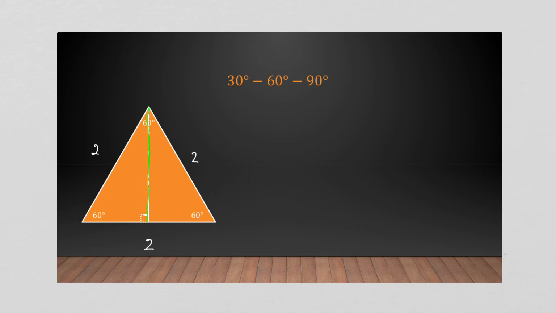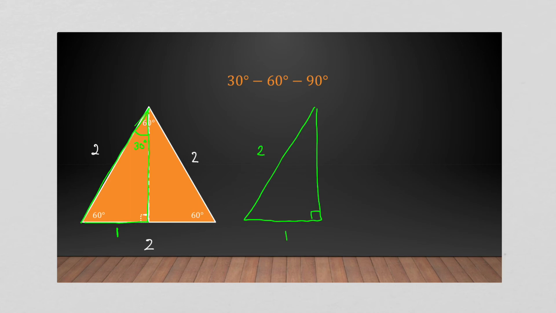Try and make this as clear as we can. So in green here, we have a 90-degree triangle. Now, if we partition it, this angle now becomes 30 degrees. So we have what's called a 30, 60, 90 triangle. Now, if the whole white section was 2, this is now 1. So we're now looking at half of that equilateral triangle, where we have 2, 1, and then a right